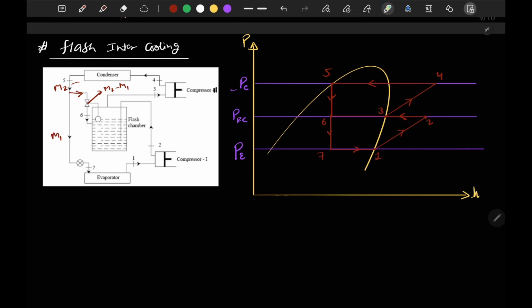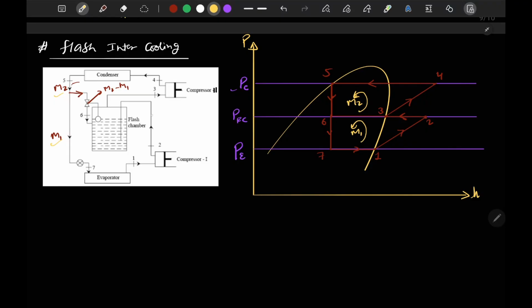So if you see here again, we have first compressed in compressor 1, then we have intercooled, then we have compressed it again. So here also the effect of intercooling is assumed. Now one more thing, regarding the mass flow rate: m2 is the exit from the condenser, so in the upper loop the mass flow rate m2 is circulating, and in the lower loop mass m1 is circulating. Okay, m1 is throttled from point 6 to 7, and then from 7 to 1 the mass is still m1, from compressor 1, which is point 2.